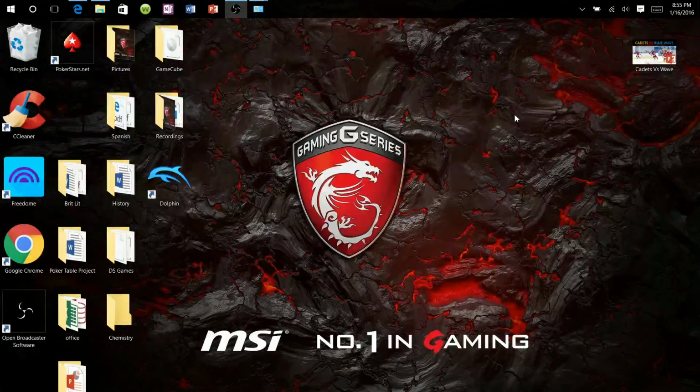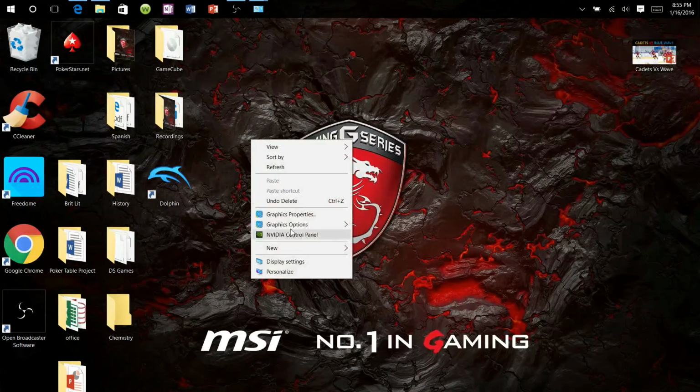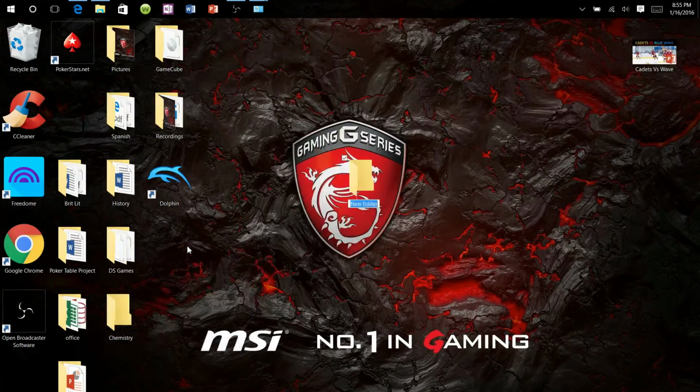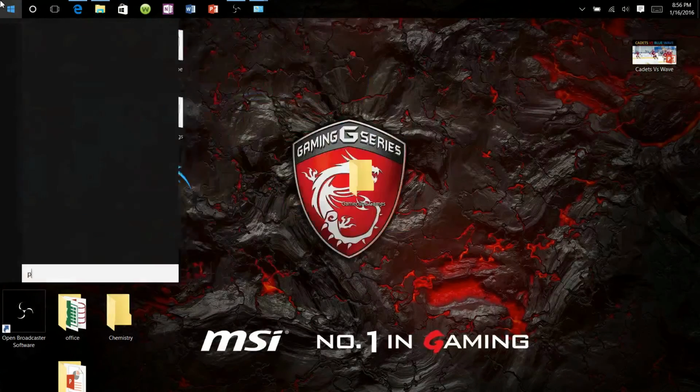Once your game is done downloading from the site, just click close. Make sure it's 100% downloaded. Go to your home screen of your computer, right click, go down to new. We're just going to create a folder and give it a name like GameCube Games because we're going to put all our games in this folder. Now your game is going to be downloaded to WinRAR, but to open it in WinRAR, you're going to want to go back to your PC,